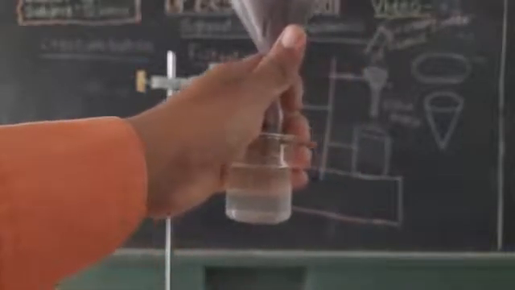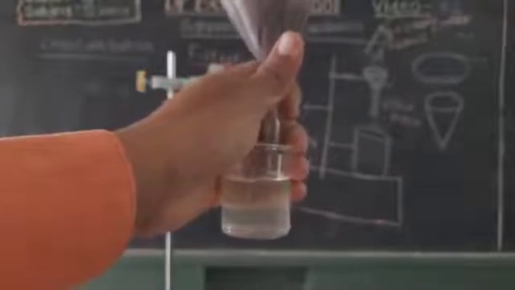What happened? Finally, is it possible to separate salt from salt solution? Here, observe the filter paper. Does it contain any salt? No. The salt particles which get mixed in water pass through the holes of the filter paper. It's not possible to separate salt from salt solution by using filter paper, or we cannot use a sieve to separate salt from salt solution.